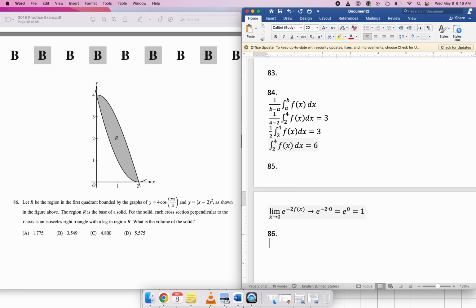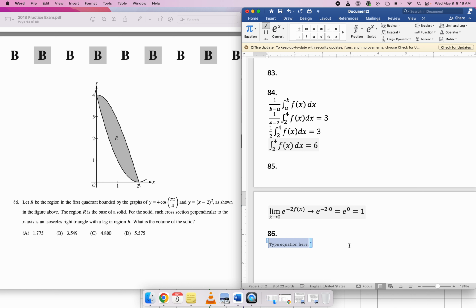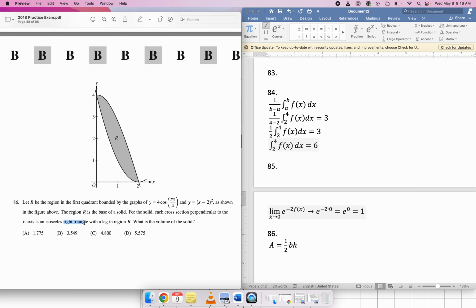So the cross-sections, we're told, are what kind of triangles? They're isosceles triangles. Of course, for any triangle the area is 1/2 base times height. But because this is an isosceles right triangle, that's actually important. Because it's an isosceles right triangle, if you draw a picture,